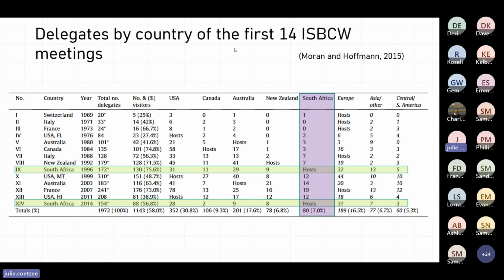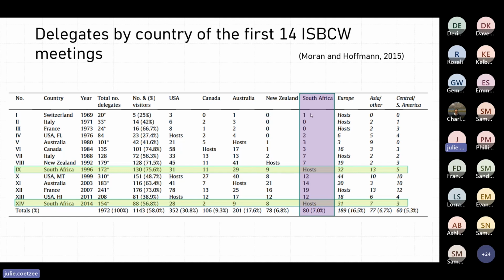And if we have a look at the delegates by country of the first 14 meetings, the majority of delegates were always from the USA. So 3 out of 20 were from the USA. But over the years, the USA has always been the highest represented country at these meetings. Canada's also always been quite highly represented. Australia, Europe as well has been very highly represented, and South Africa